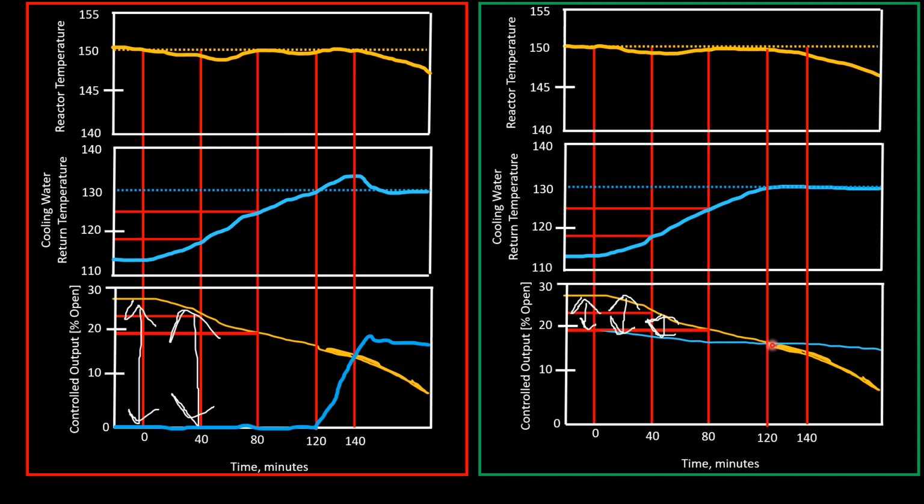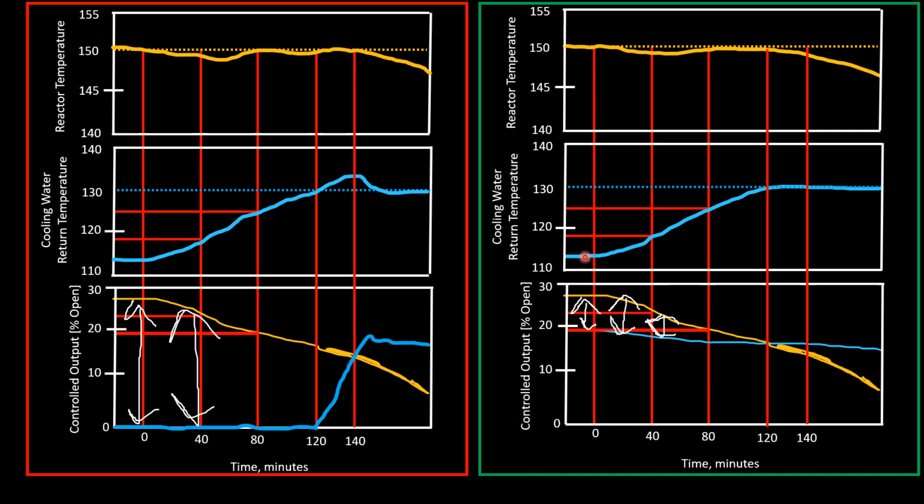Okay, so the cooling water temperature control output is both closer and tracking the reactor temperature controller output, even though the cooling water temperature controller wants the valve to close to converge at set point. So yeah, naturally you would think, hey, since the cooling water is below set point, this should be at zero, or this should be going down right now pretty quickly,